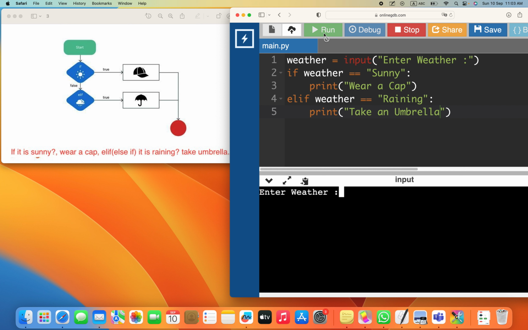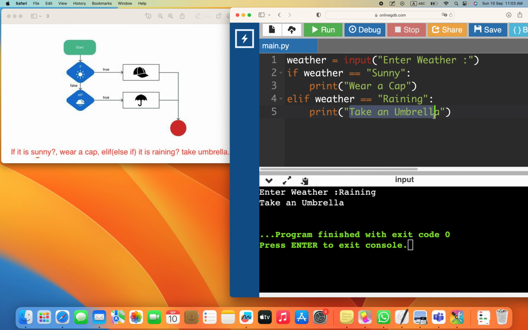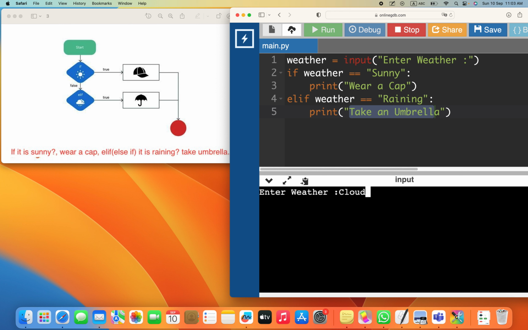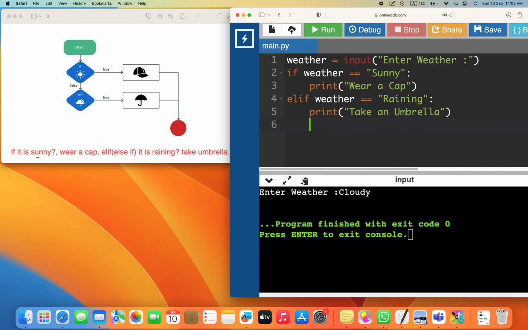If we say it is raining, it will say take umbrella, because here raining means take an umbrella. You see here it says take umbrella. But what if I say cloudy? What will it do? Nothing. Why? Because there's no else. If we put an else here, like this, right, it will do what is needed if both above are not true, right? So we can put else here, for example,